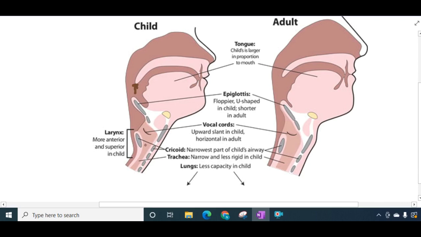The larynx in a child is small and conical, and the cricoid cartilage diameter is smaller compared to the glottic diameter. See, this is the vocal cord diameter, and this is the cricoid cartilage diameter. You can clearly see that the cricoid diameter is smaller, so the cricoid cartilage is the narrowest part of the child's airway. The submucosal tissues of the infant larynx are also loose. So this is about the differences between the child and adult larynx.